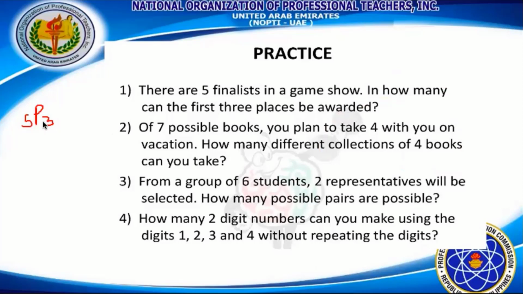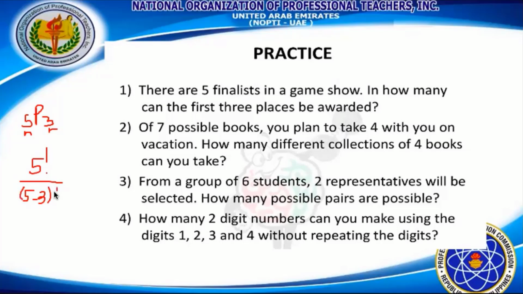So, ibig sabihin yan, ng 5P3 na yan is 5 yung N, eto yung R. Okay? So, 5 factorial divided by, ano yung formula kanina? N minus R. So, 5 minus 3,